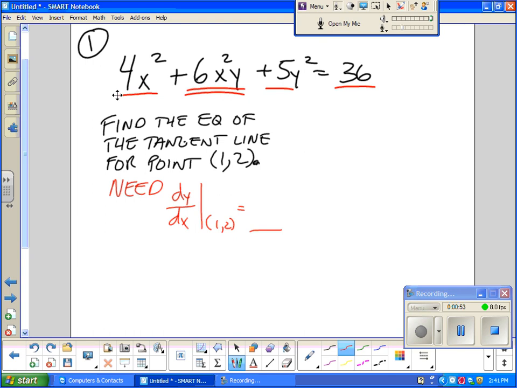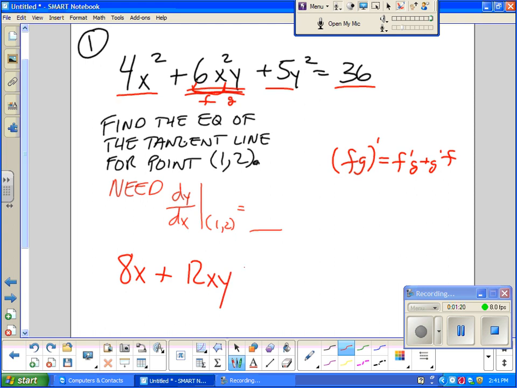So I'm going to take the derivative of 4x squared, which is simply 8x, plus. I'm going to use 6x squared as f. I'm going to use y as g. And we know that the product rule of fg is f prime g plus g prime f. All right? I always do x first anyway. So the derivative of 6x squared y with respect to x is 12xy, plus